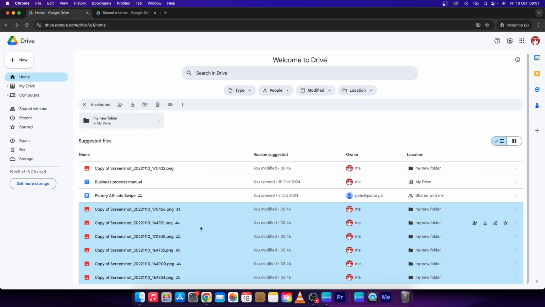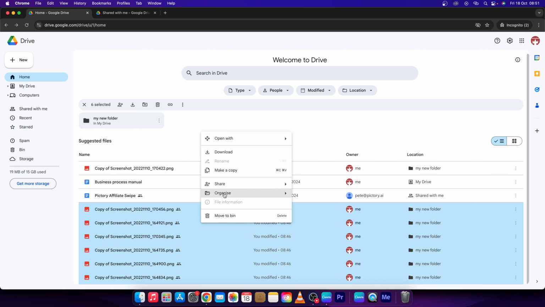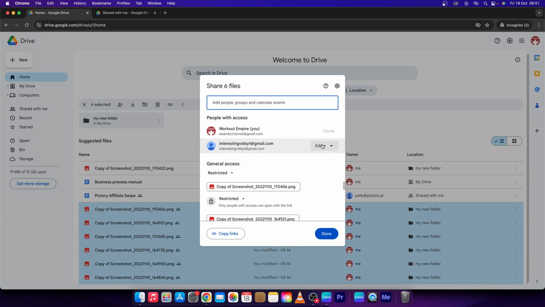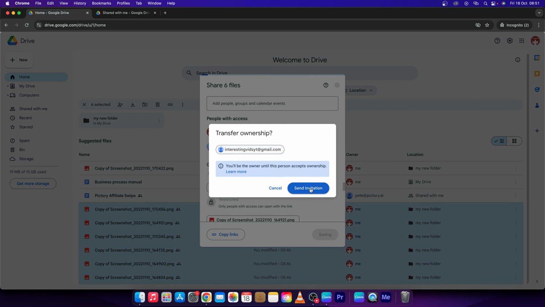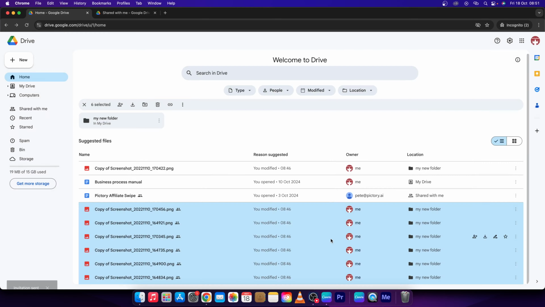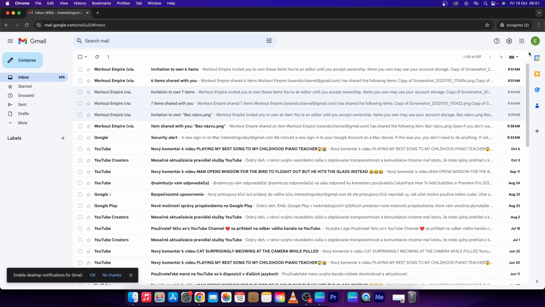Go over to the first account, right click again on these files, press share, and click on this editor next to your email address, that is the second account address, and click on transfer ownership. Then click on send invitation, and then you have to go over to your second account, but now to your Gmail. So in my Gmail, as you can see in my second account,